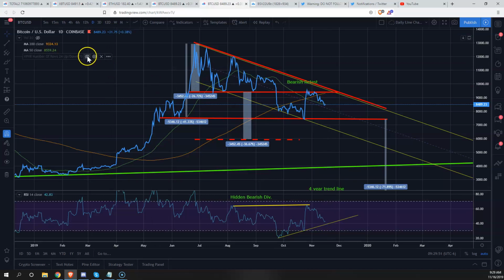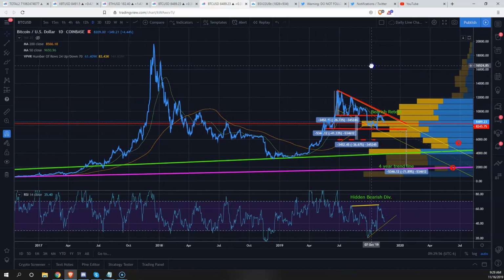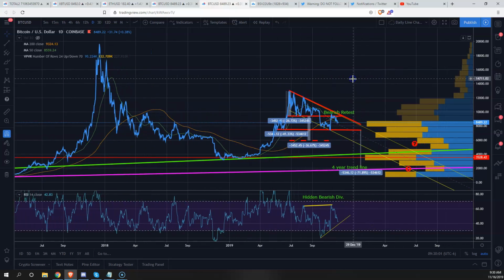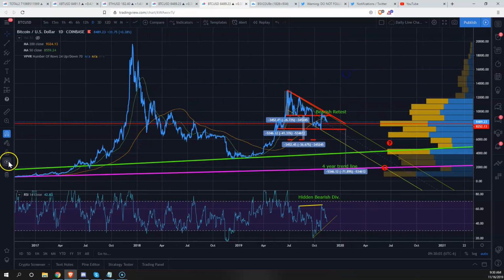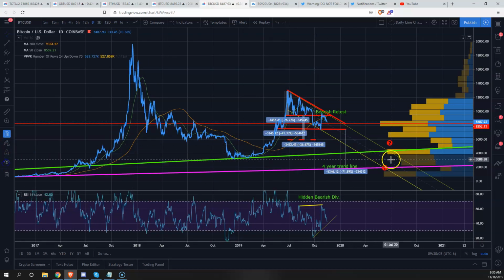Okay. Now what I want to do is I want to turn back on the volume profile, and I'm going to zoom out so that we get a good sample size here. Essentially what you're looking at with this volume profile, and it's kind of messy, I know, basically, these bars on the right hand side, they're measuring how much volume was traded at those price levels. And when you get these large areas where there's no volume traded or small volume traded, those are called volume gaps. Typically speaking, not always, but typically speaking, you will see these get filled in eventually.